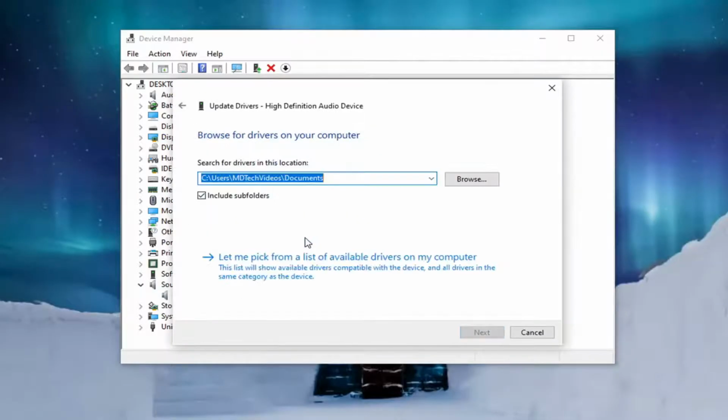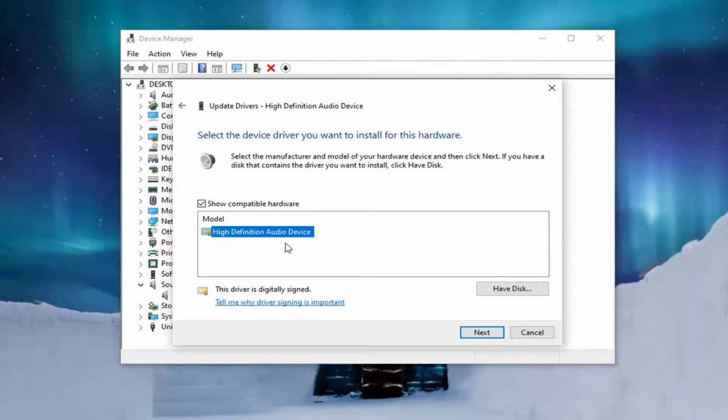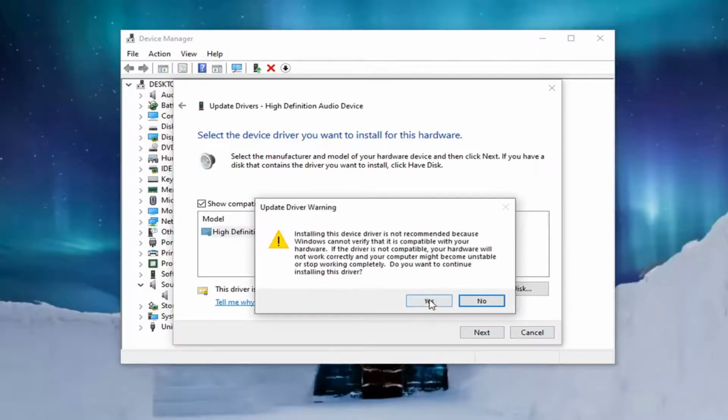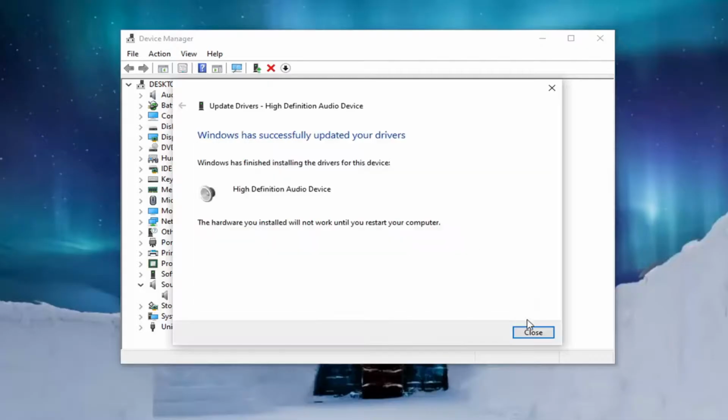Select Browse My Computer for drivers. And then select Let me pick from a list of available drivers on my computer. Go ahead and select whichever one is most applicable. If there's only one driver, then just go with the one option. Otherwise, you just would select a more specific manufacturer one. If there were two listed here, I would go with that one over a generic driver. But again, if you only have one option here, just go with it and select Next, select Yes, and select